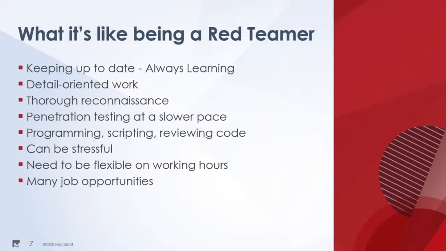Well, you got to be quick. On a red team, you got to be quick because you got to get that persistence. You don't want to lose access. So it's extremely important to be flexible with your working hours, because even though you clocked out at 5, that doesn't mean anything. You got to keep pressing to get into that network. You got to keep going to get that persistence and evade whatever they have. On a penetration test, you might be able to try it again, you might be able to simulate it again, might be able to get them to do it again, whoever your POC is. But on a red team, it's usually one shot and that's it.